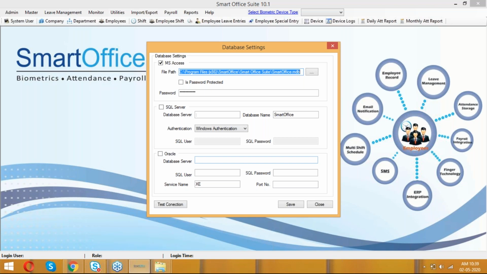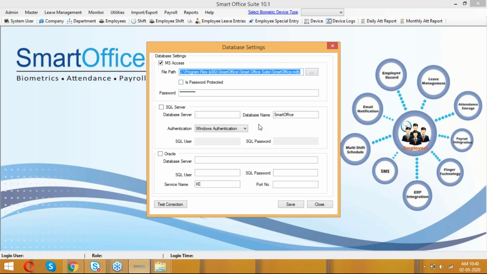Okay, so if you want to take the database and attach the same database, at that time you can take the file and attach that file only. That is why you have to give the file path for the database setting. Usually most of the people won't give this file path.